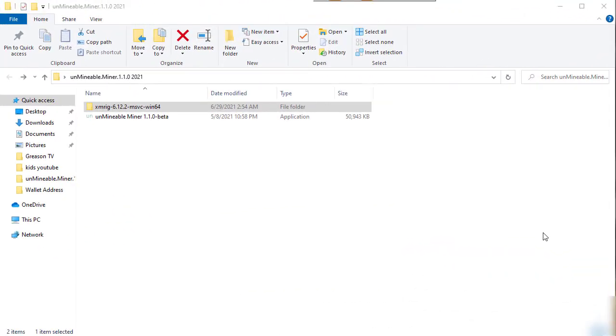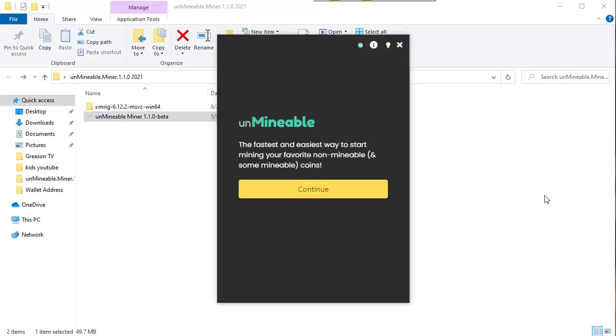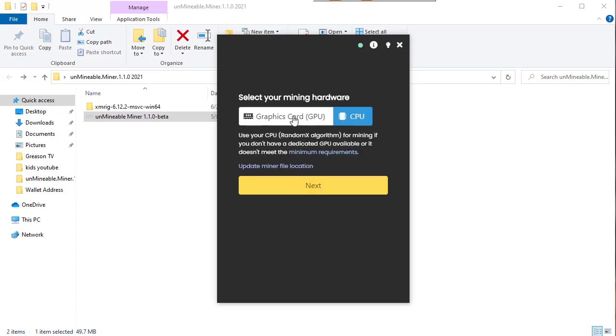So now, guys, you need to open your folder from your desktop. So after you open, click on this unminable miner, the software, guys. Double click on continue. So now, because I will be mining using the CPU, I will just click on CPU and then click on update. By default, guys,